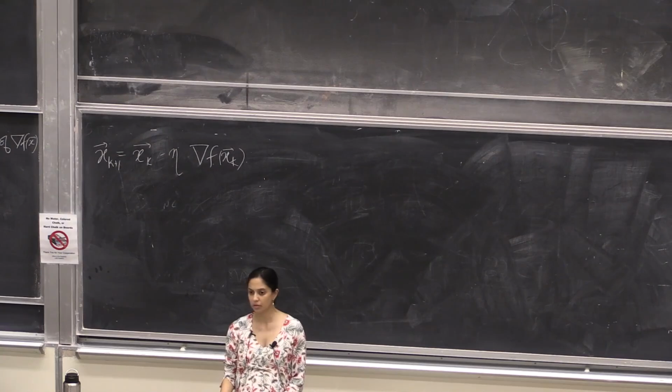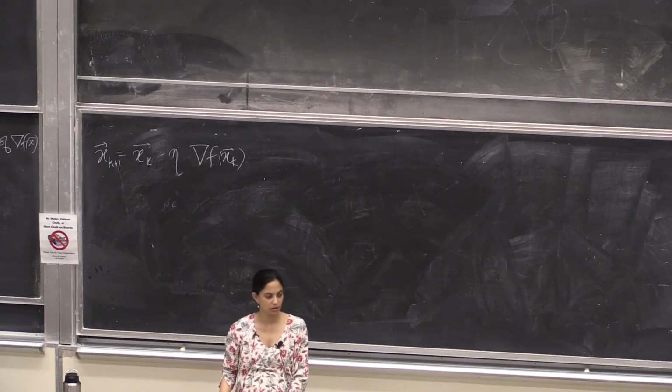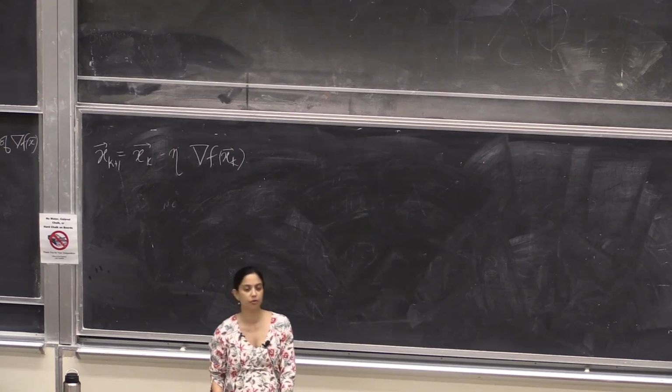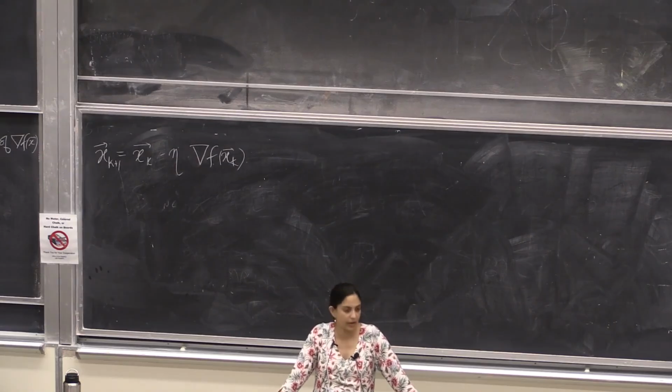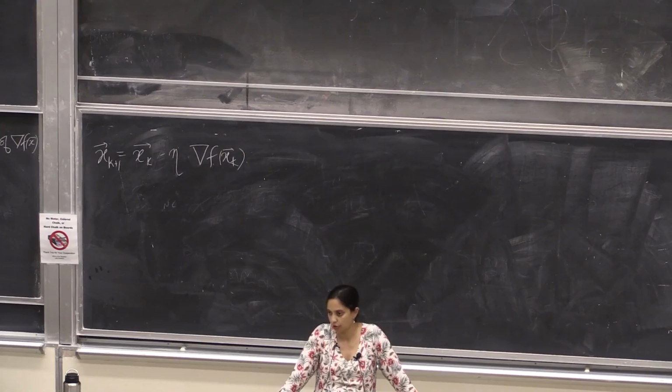Everyone with me? Questions? This is utterly obvious and boring? Okay, I'm seeing confused faces, so I need you to ask me questions, otherwise I won't know what you're confused about. So do you just use the same eta for every step of the iteration? Wonderful. So the standard gradient descent algorithm always uses the same eta, okay? There are variations where you will adapt your step size, and we're going to see the role of the step size in just a minute. But choosing this step size correctly is extremely important, and we'll see exactly how that's important in maybe 10 more